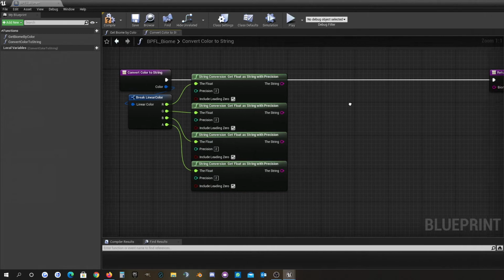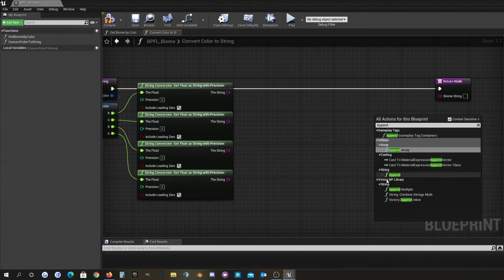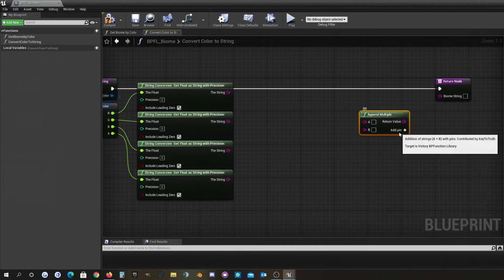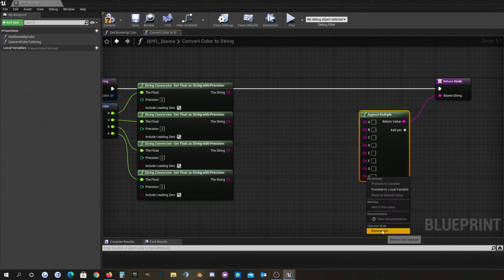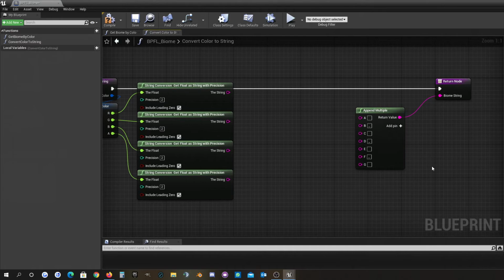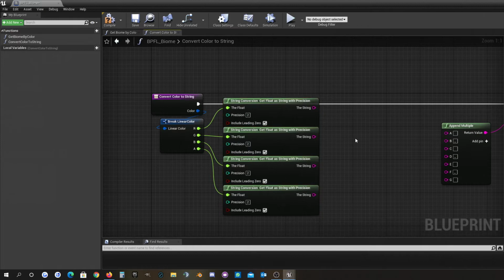And now we want to append them and create a string which consists of different values with underlines in between. And yeah, so what this is doing is changing the 1.0000 or whatever value we have just